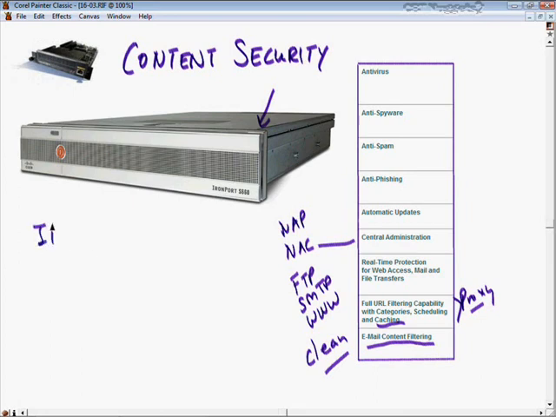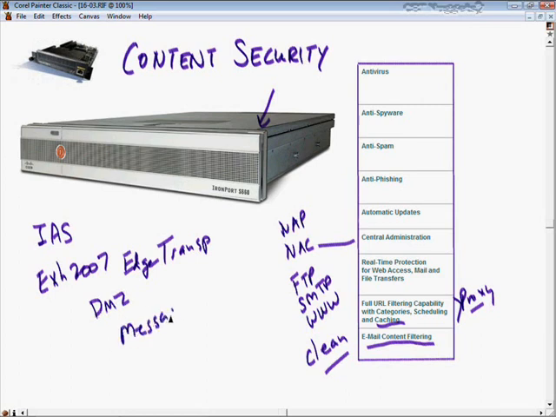For example, Microsoft's Exchange mail service, Exchange 2007, has what's called an Edge Transport server, and this Edge Transport server provides a lot of the features of content security. You can sit out in your demilitarized zone, your DMZ, and do what's called message hygiene. Message hygiene is the same thing as cleaning out. It is going to provide a lot of the same types of services, anti-spam, antivirus, things like that,